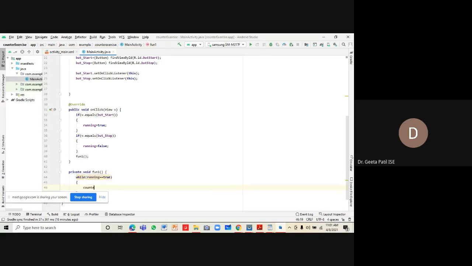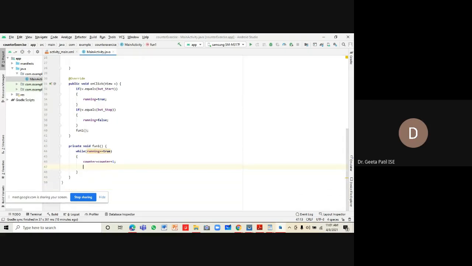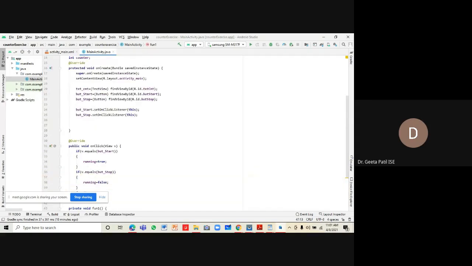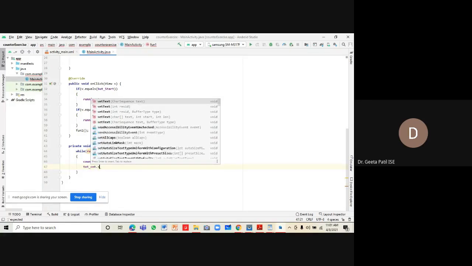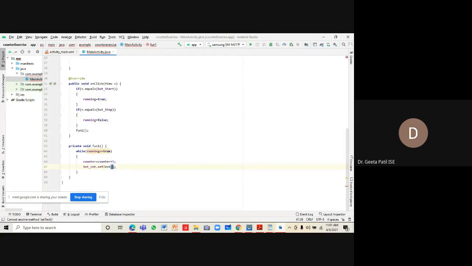We are going to increment the value of counter by 1, and after incrementing it, we want to set it as the label of txtCount. So we say txtCount.setText.